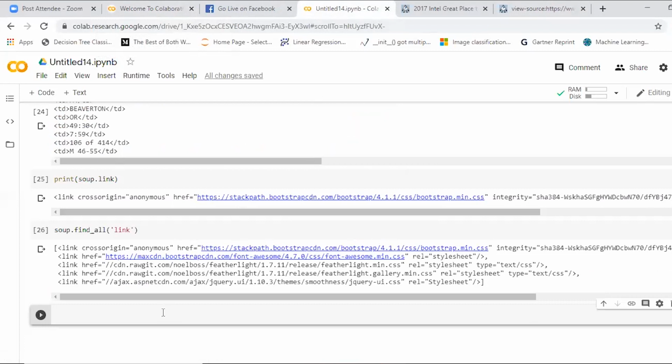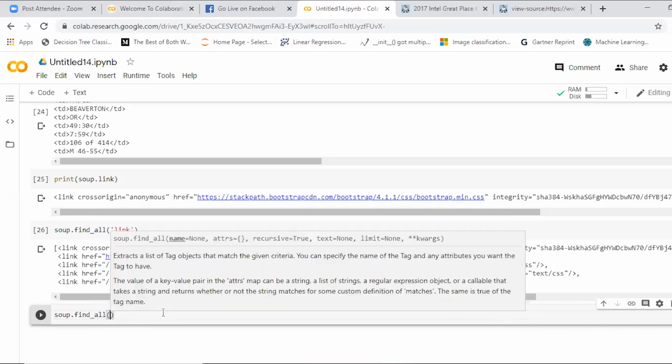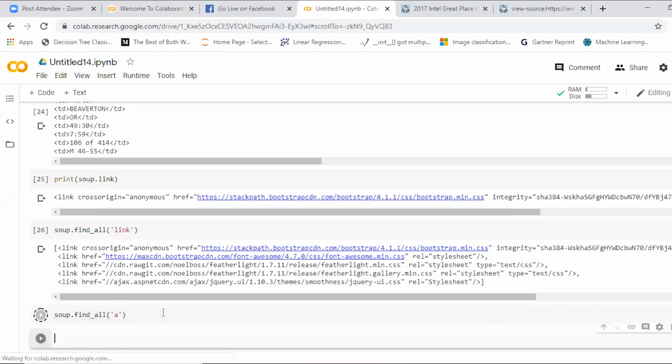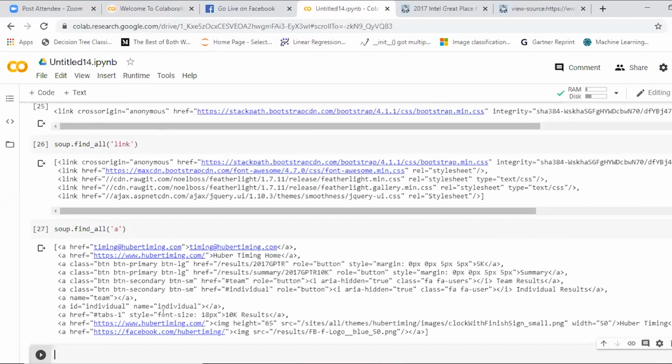If you want to have only references or only hyperlinks, where hyperlinks are denoted as A in HTML tags, TR indicates table rows, TH indicates table headers. So for indicating only hyperlinks, I use find underscore all. This is something like we are trying to extract each and every simple thing. We are extracting the links and everything.